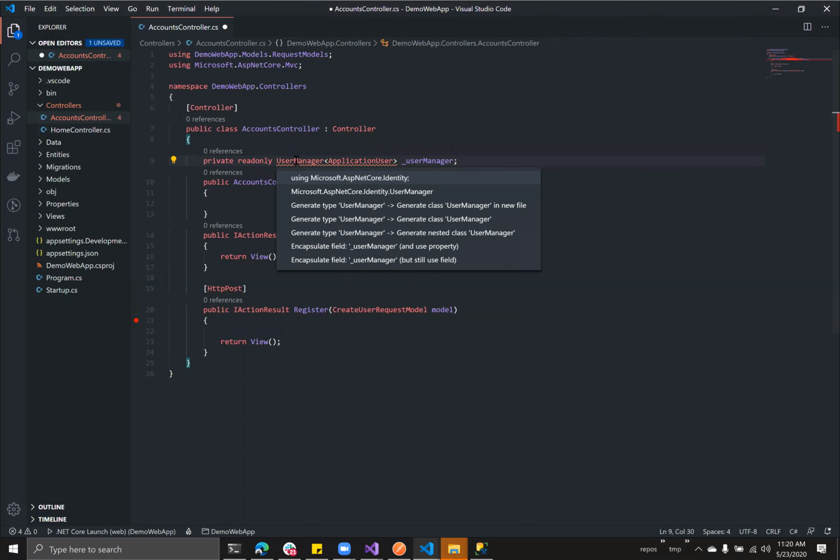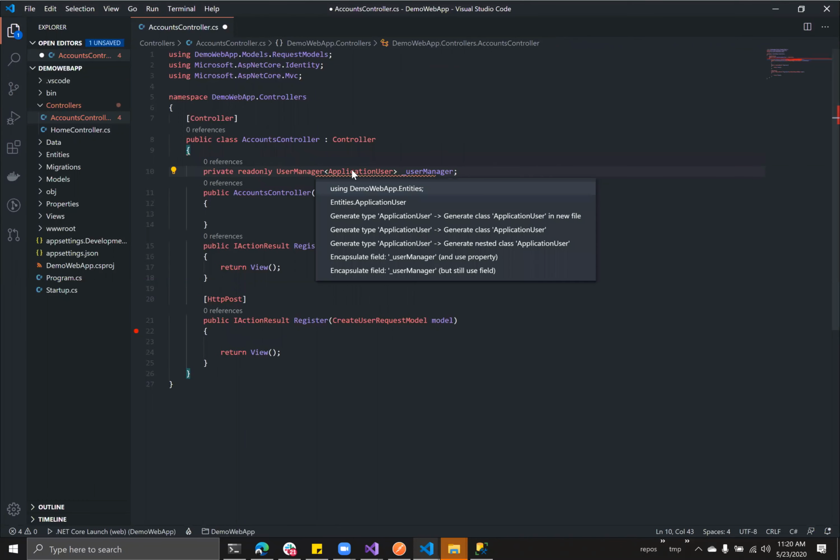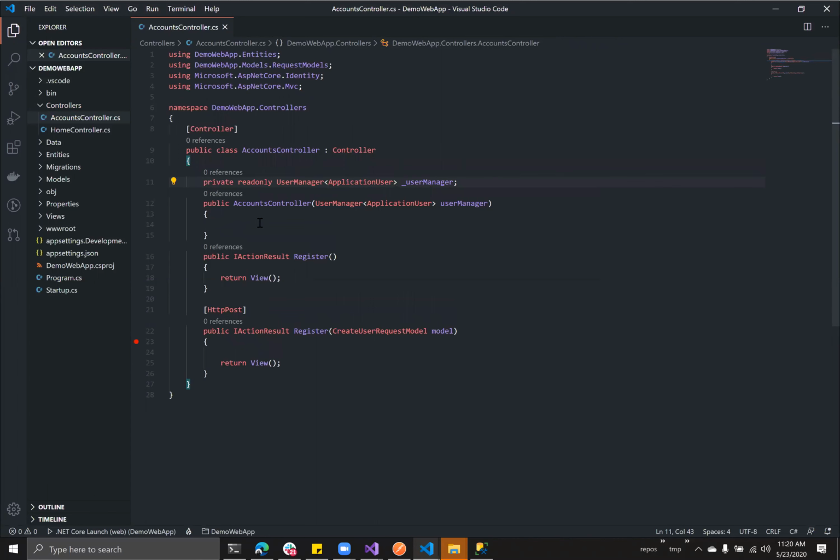I need to bring in some using statements here. And then don't forget to do this, if not you're going to have an error. So you say user manager equals user manager. What I'm doing here is I created an instance of user manager that I'm going to be using in this class, and then I passed in a user instance and I just assigned them. We'll probably do a video where we talk about what is going on here in depth, but for now, this works. So after bringing in our model here, what we're going to do is